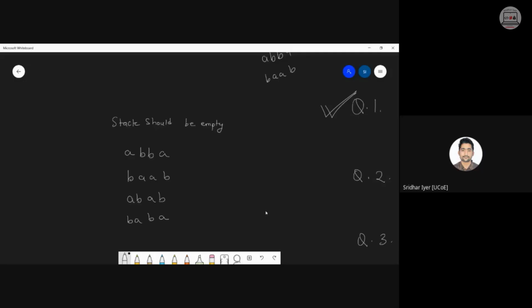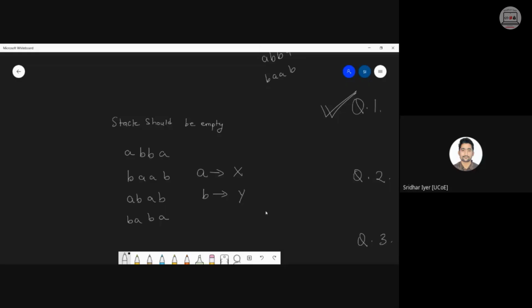As you are comfortable, for A, you can push X. For B, you can push Y because there are different symbols. Here, if we use a single symbol, our work will not be done. For A, we can push X. For B, we can push Y.